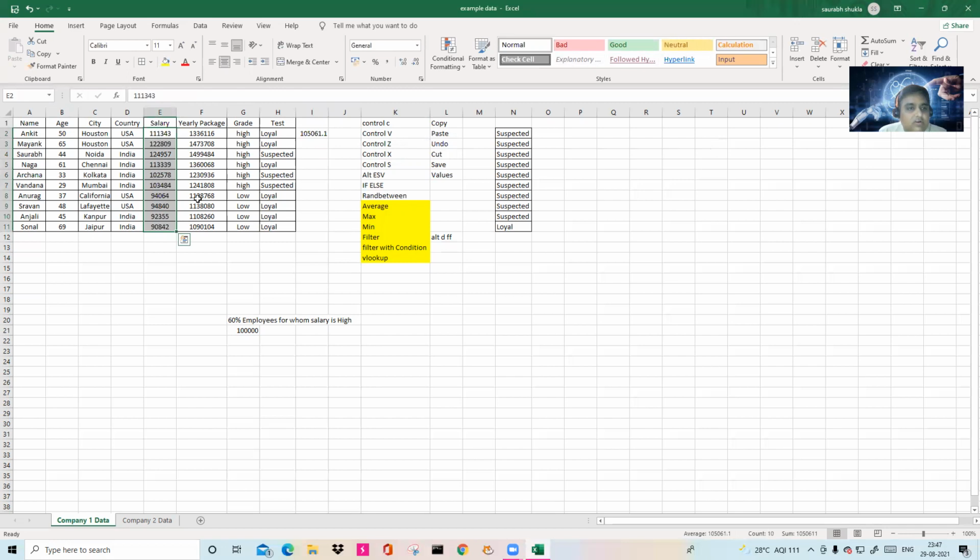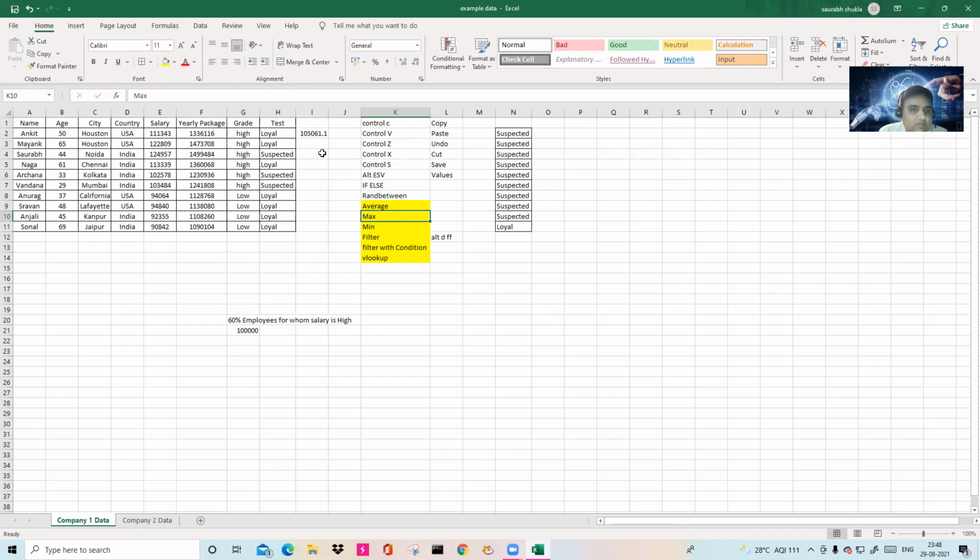So average, you already know, is the summation of all divided by the number of rows. So 10. The summation it is showing is 1050611 and the count is 10, and the average is showing 105061.1. So this is the average. Why am I telling you this? Because whenever you get the data, you have to dice and slice the data to understand what the data characteristics are. Average is very important there.